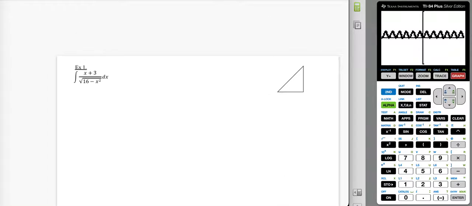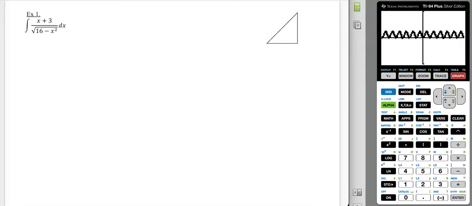Let's dive into some examples here. You see here we have a radical in the bottom of the fraction. So a trig substitution is implied as a reasonable technique. So I need to define a u and an a,